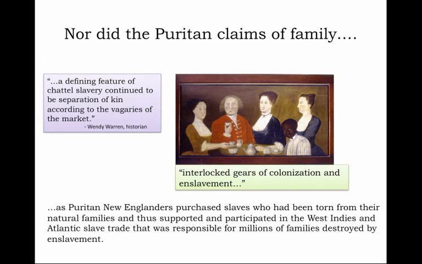Wendy Warren, the historian, writes, "A defining feature of chattel slavery continued to be separation of kin according to the vagaries of the market." And what she's referring to here is that for every slave purchased by a Puritan family to live as an enslaved servant within the household, be it a rural family or a town or even a city family, for every one of those individuals, another family somewhere else was torn apart,